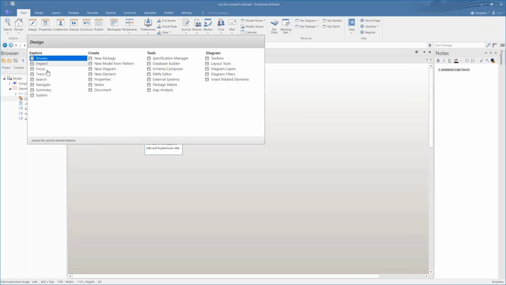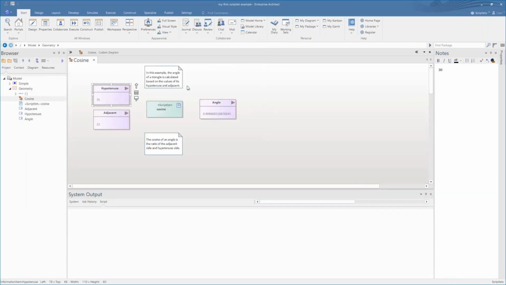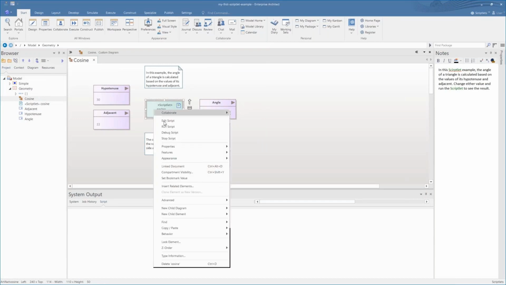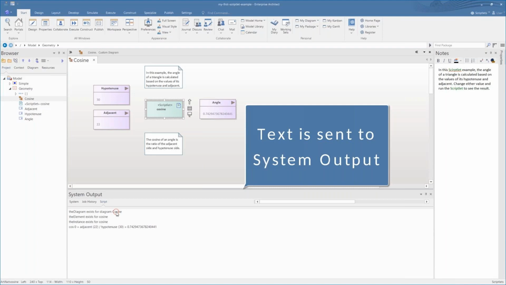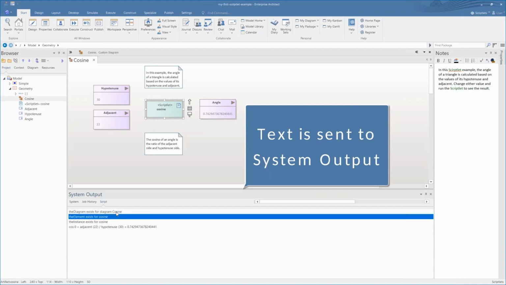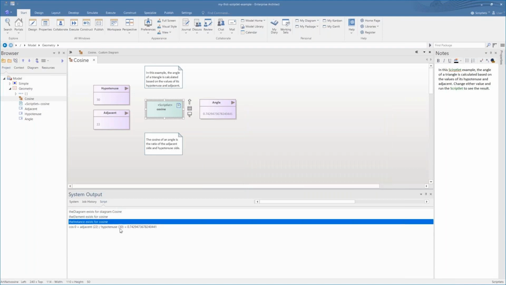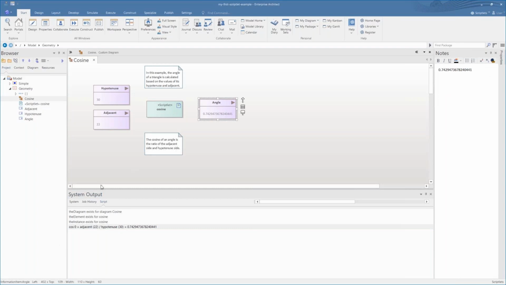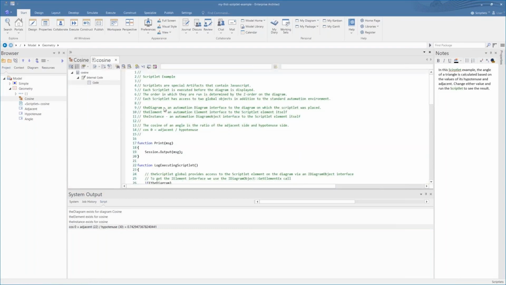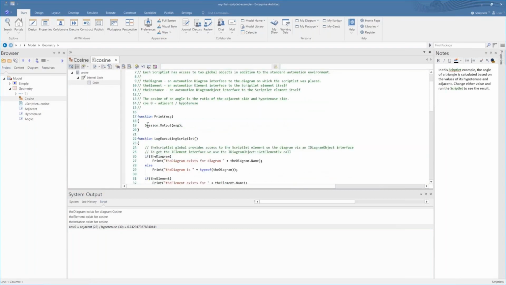Next thing I want to do is have a look at being able to debug scriptlets. So you can see that the text is sent to the system output, and it says that the diagram exists, the elements exist, and the instance exists, and this needs to be true in order for us to run.